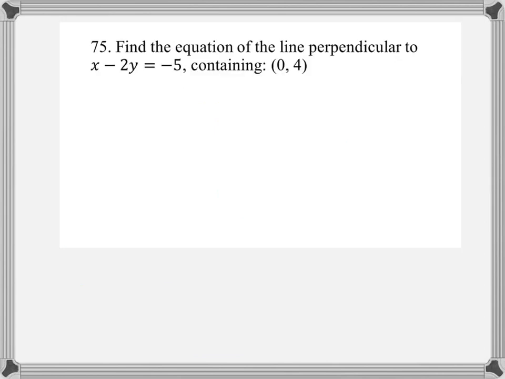Let's look at one last example. Find the equation of the line perpendicular to x minus 2y equals negative 5 and containing the point (0, 4). Okay, so we are looking for a line that's perpendicular to the line we're given. Let's first take this line, x minus 2y equals negative 5, and put it in slope-intercept form so that we can